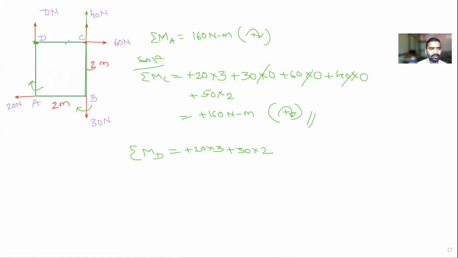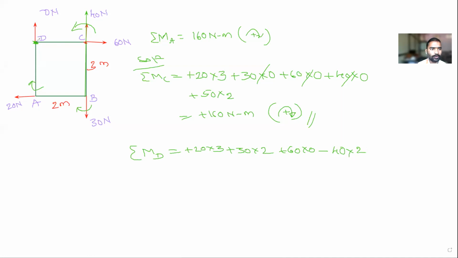Next, coming to point C. First, I will take the horizontal force. This horizontal force is passing through the point D, correct? Is it producing any moment? No, sir. So 60 into 0 is 0. Is it clear, everyone? Next, when you are calculating for the vertical force, the line of action of the force is like this. So the body is going to rotate in this direction. Anti-clockwise, that is minus. The force is how much? 40 Newton. What is the distance between the force and D? It is 2 meter.